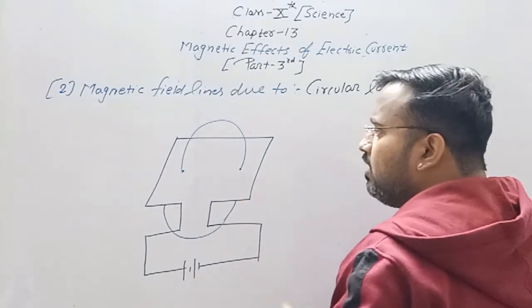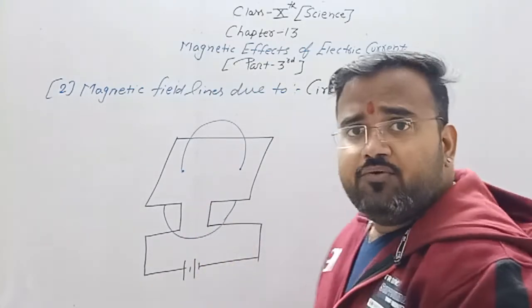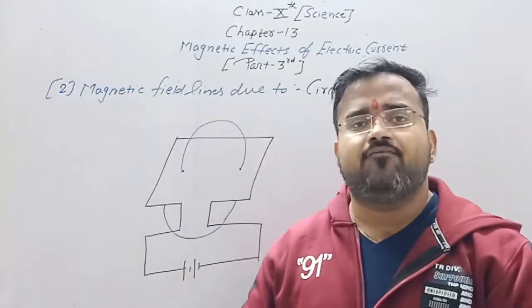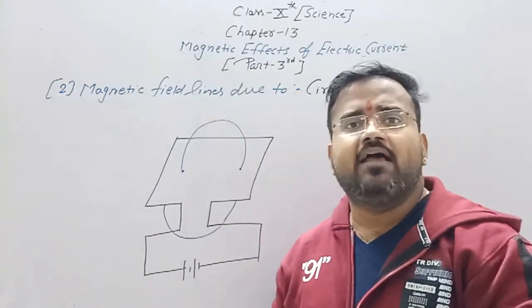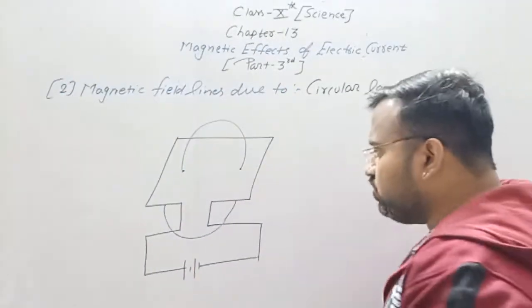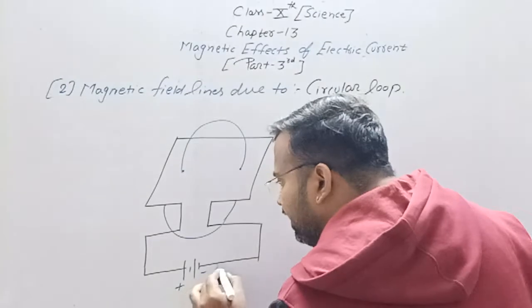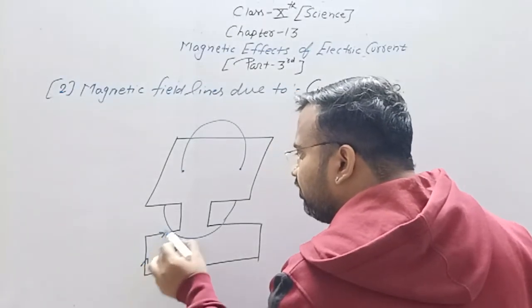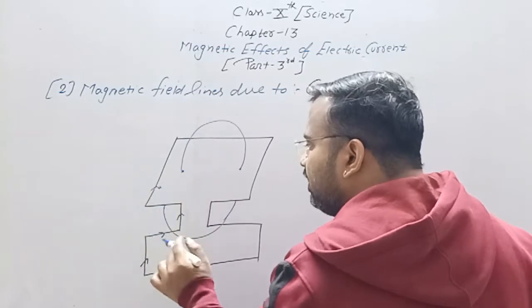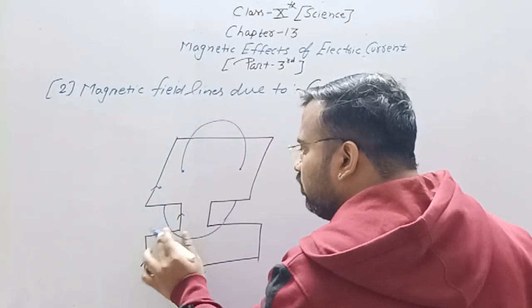Okay, this is the circular loop. What we'll do, we'll take one cardboard, in that cardboard we'll make two holes, and through those two holes we'll pass one circular loop of the coil. Now when we switch on the current, positive and negative, when current is passed through the circular loop,